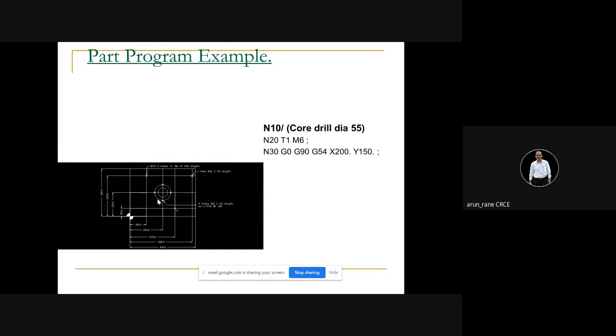G0, G90. G90 is absolute. See, now in the examination you have to show your 0 point clearly. Program 0 point you have to show clearly. When I studied, if I did not show the program 0 point, I used to get 0 marks out of 20. Remember, in spite of writing all the 4 pages or 5 pages, this is how we studied. If I don't show the program 0 point, this is how the program 0 point is shown here, this symbol. In our time, if I did not show it, I used to get 0 marks.